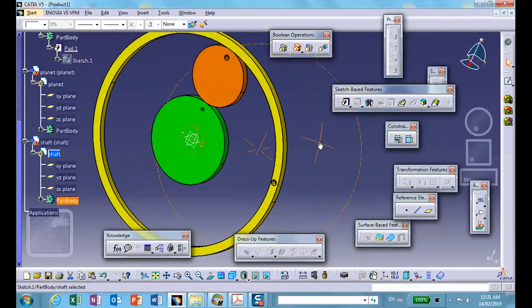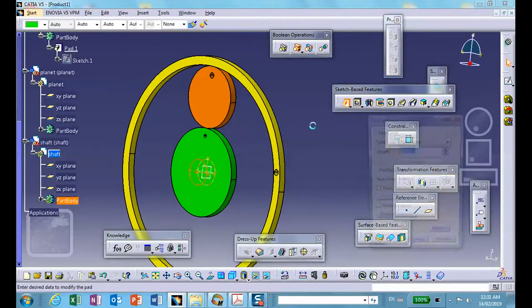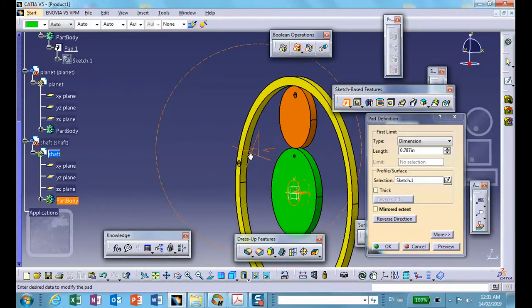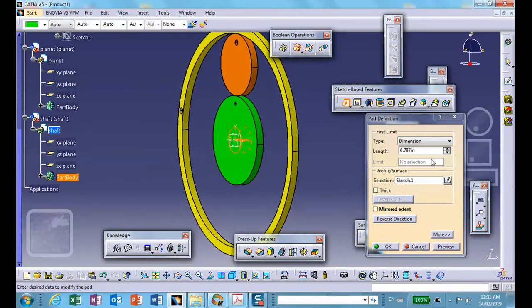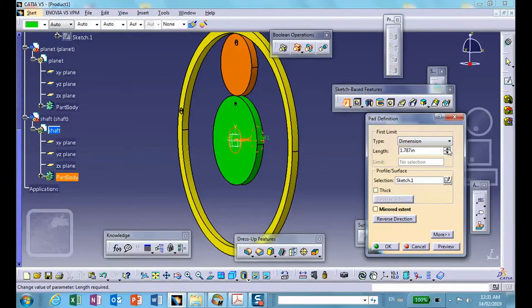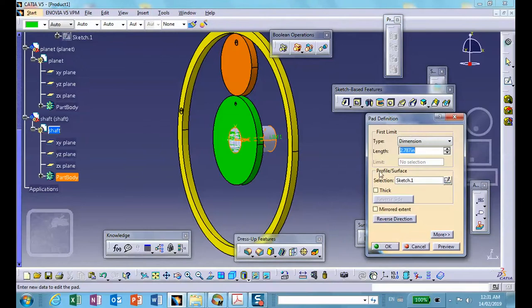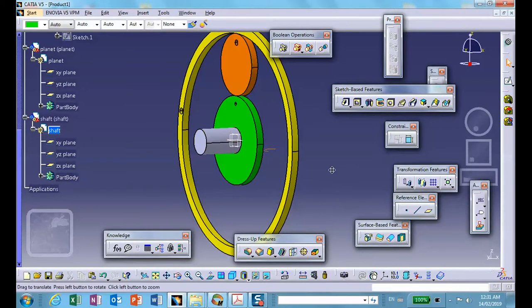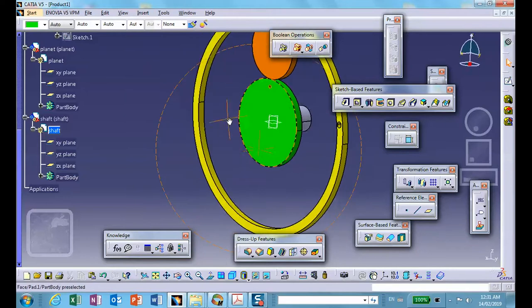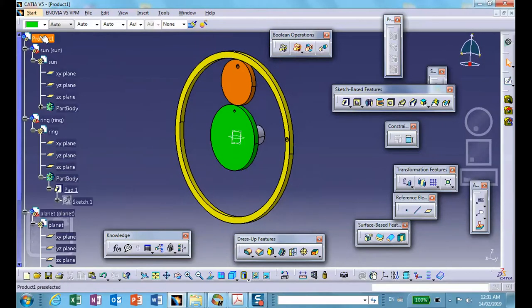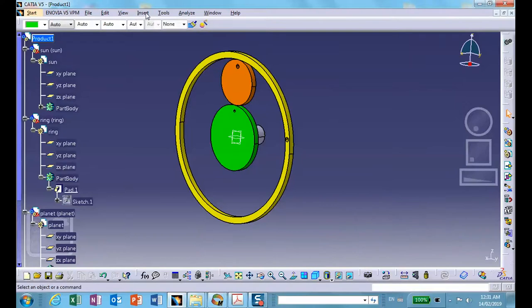Okay, and then pad it. Let me see this back plate. Okay, there we are. Okay, that's. Oh, sorry. Let's flip. Let me flip this thing. There we are. This is a shaft. Okay. Now finally the carrier. So double click, insert, new part in there,